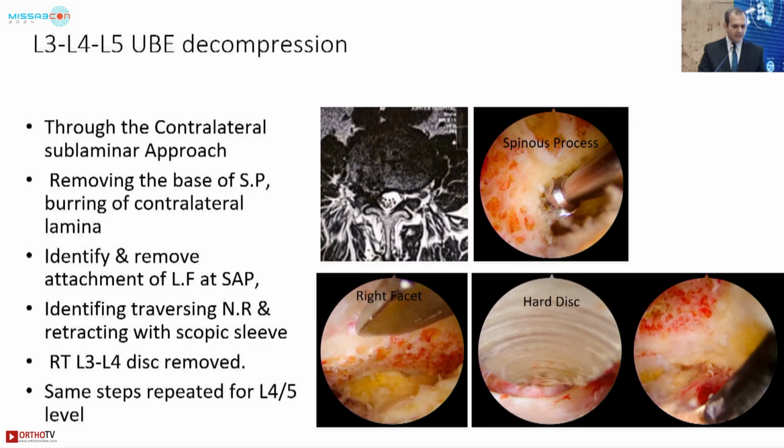So we started with the cranial level first. This was the first level, L3-4. We started by doing a left-sided approach and going sublaminar to the contralateral side, doing contralateral flavectomy and then isolating the disc. So we first isolated the